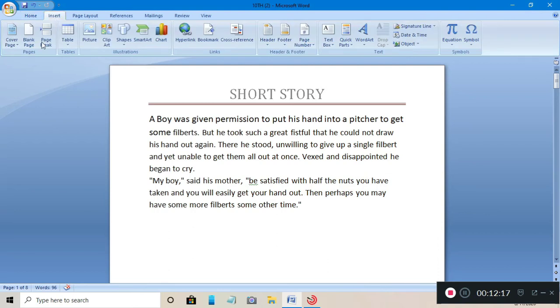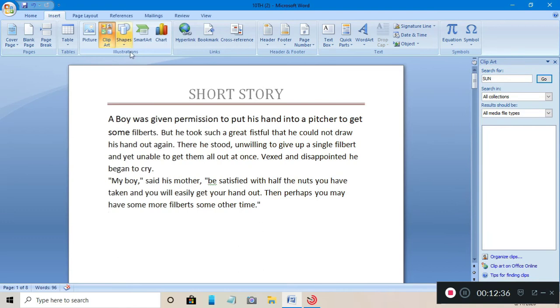Here this is the first group, this is the second, and here is the third. Here you can find the third group, clip art. Click on this clip art option. Now you can see nearby the right side of the document we will find the clip art dialog box.